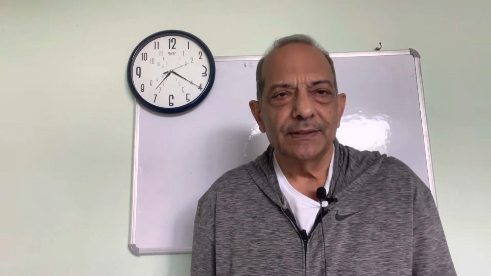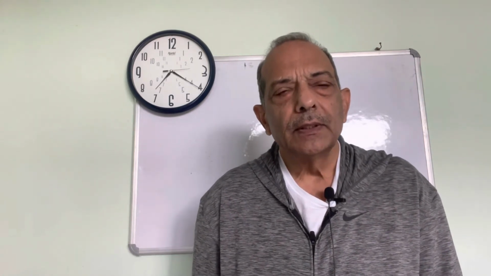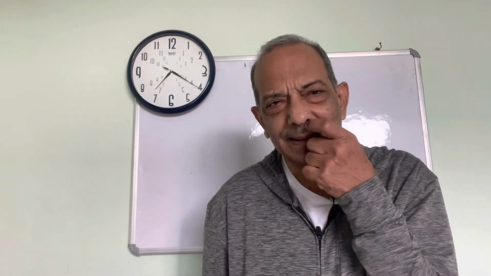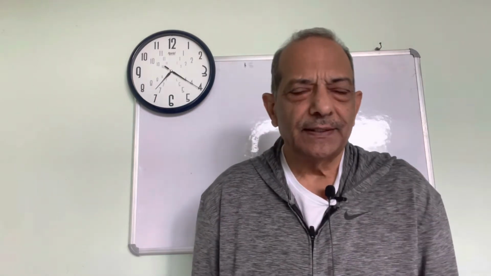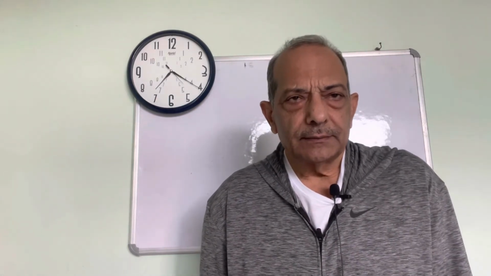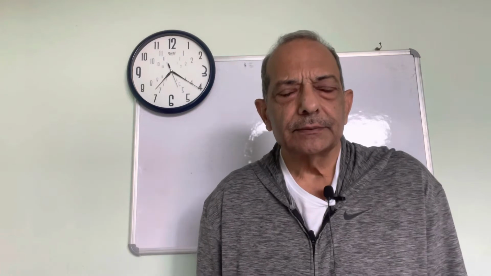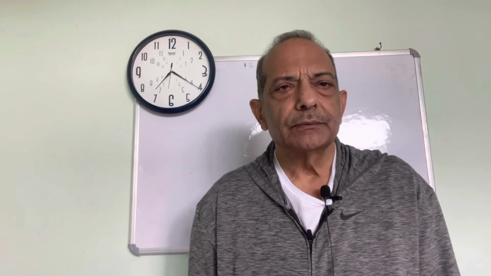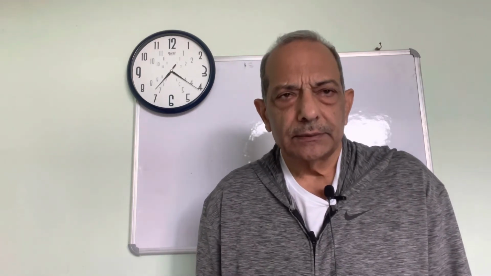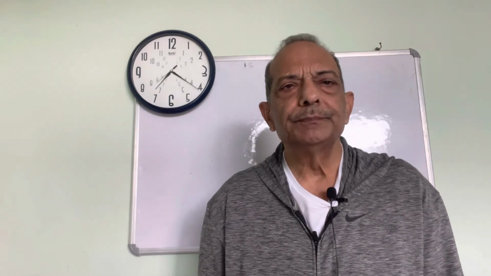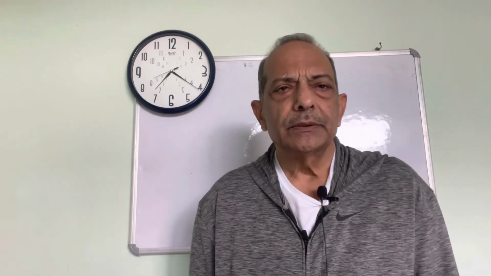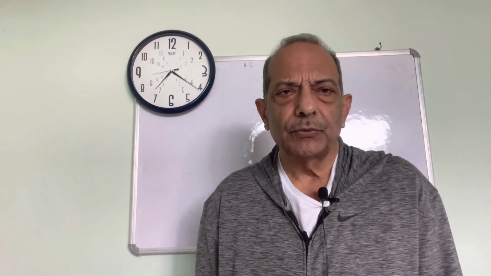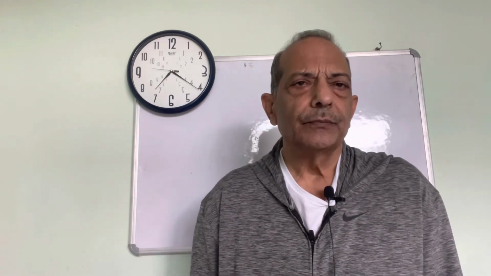So last time we did mortality indicators. We also tried to do a numerical on mortality indicators. I'll request that you should do it, because many times we feel that we can do it. We think that it is nothing special, but when we start doing it, then we find problems. So please do it. As far as I remember, the question was, the total population was 10,000, total deaths